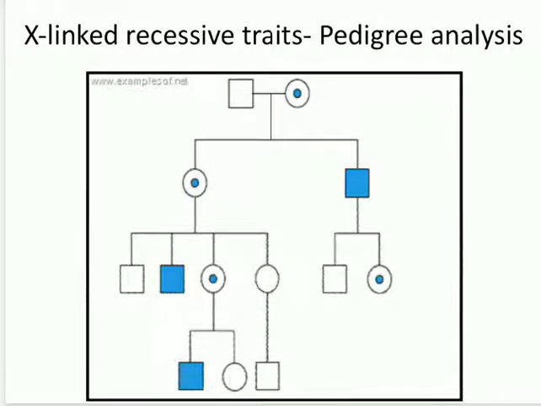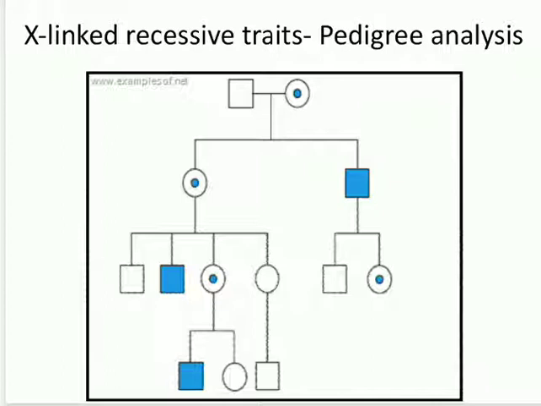So this is your X-linked recessive pedigree. What can you infer from the pedigree? In X-linked recessive, the trait affects the males. You can see that only males are affected, rarely females, whereas females are carriers. The disease is transmitted from an affected male through all his daughters. The daughter is a carrier and will transmit the disease to half of her sons. That means the disease is transmitted from an affected male to half of his grandsons, whereas his daughter is a carrier. And there is no male-to-male transmission.